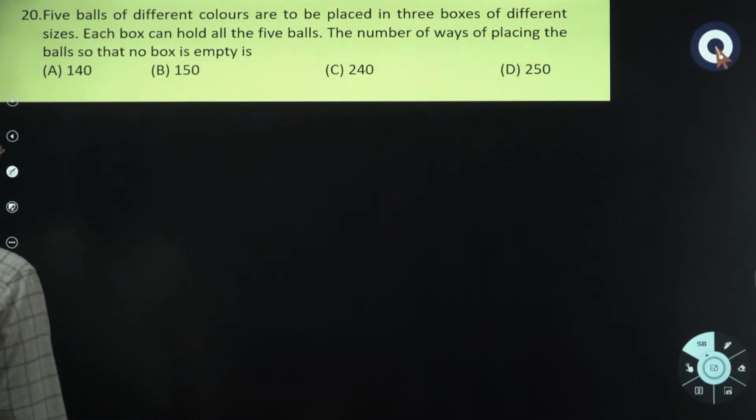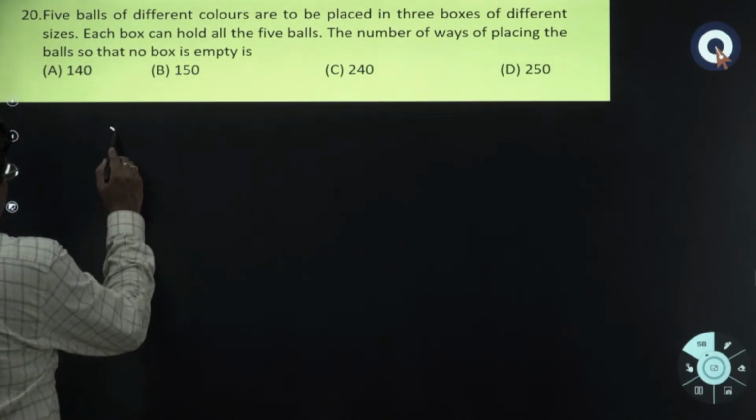Five balls of different colors are to be placed in 3 boxes. Each box can hold all the 5 balls. Find the number of ways of placing the balls so that no box is empty. So, it is the question of dividing n different things,